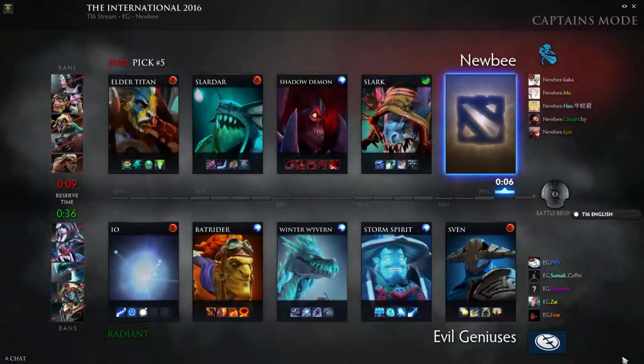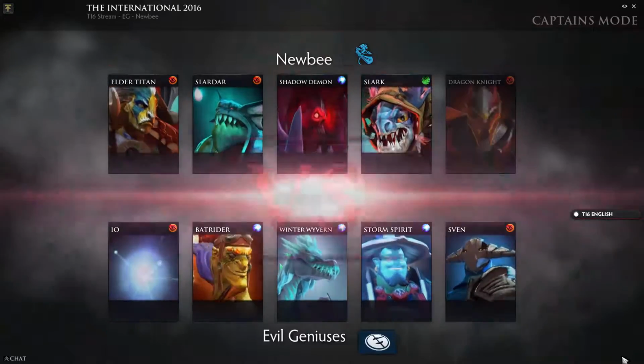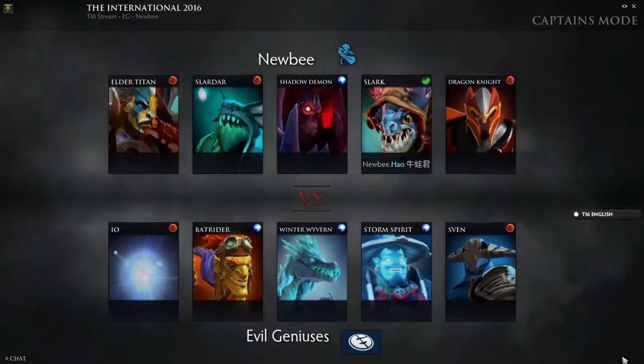We're going for the last pick here, gentlemen. Newbee needs, like, do they need catch? Do they need stun, like DK? Or would I go for...